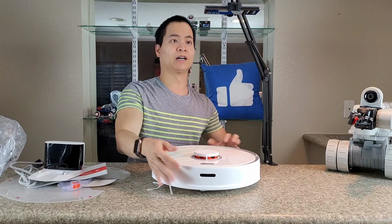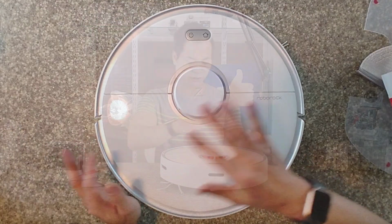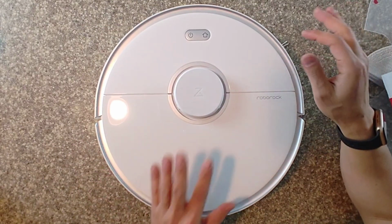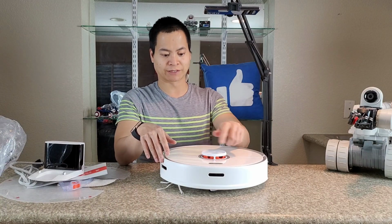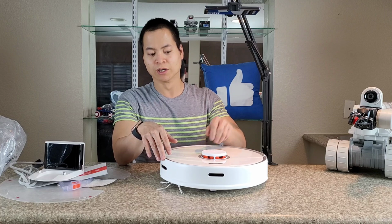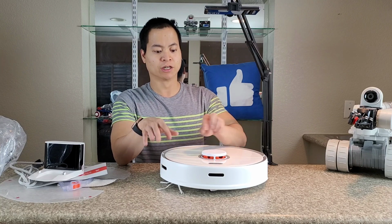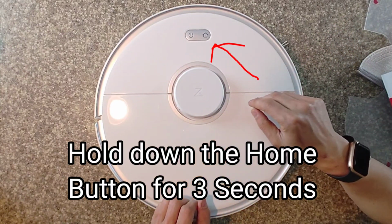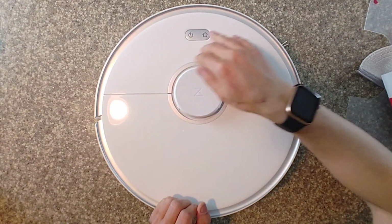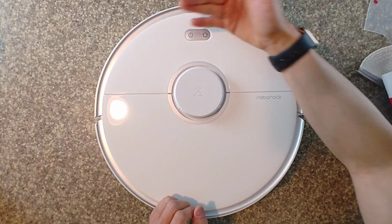Alright, so here we go, the S5 Max. So let's go and look at the design here. So this is one of the first designs where it has a 2-button layout. I know the newer models have a 3-button layout, but I find it works well. The only thing that's missing is the spot function, but I think they added that in later software updates, so I'll double check that. So yes, you do have a bumper dome system, which is clickable, so